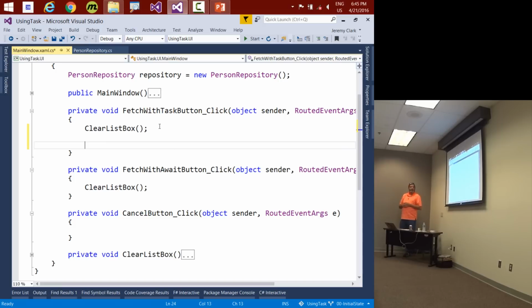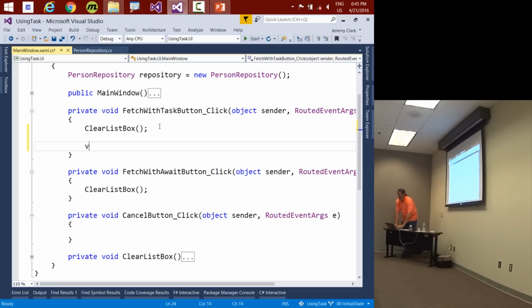Now, ultimately, what I need to do is call that get method on this repository object. So I'm not quite sure what to do at this point. So I'm just going to use some things that I know Visual Studio will help me out with. One of those is the var keyword. So I'm going to say var result equals repository.get. Now, the reason I'm doing this is because I know that Visual Studio will tell me what's behind this